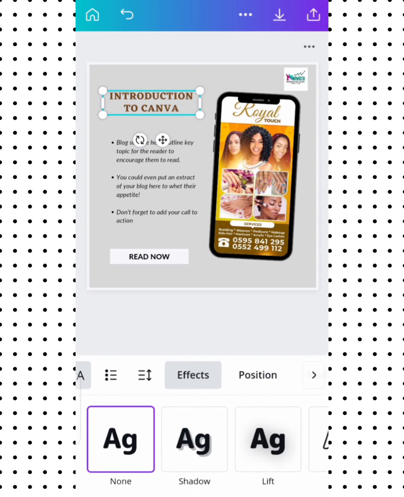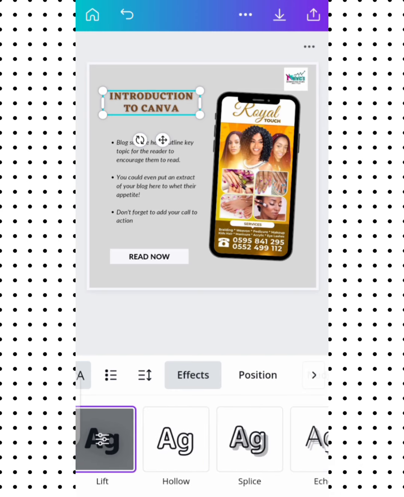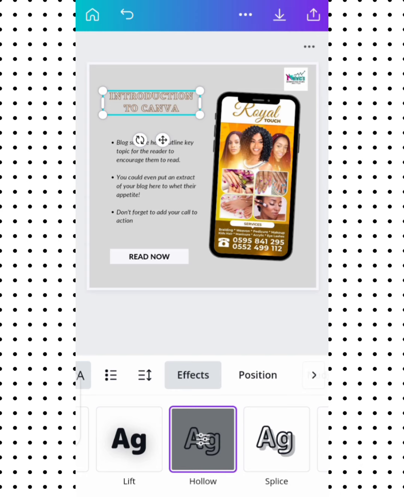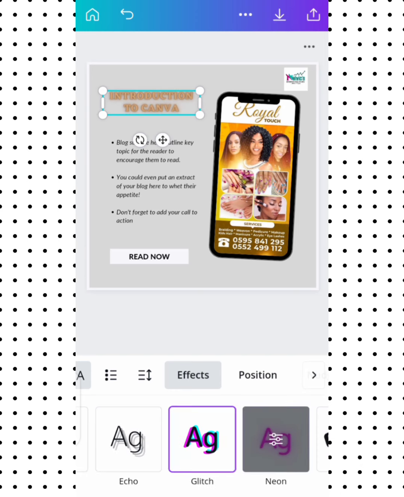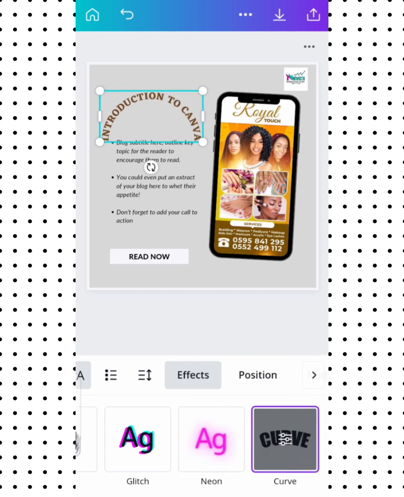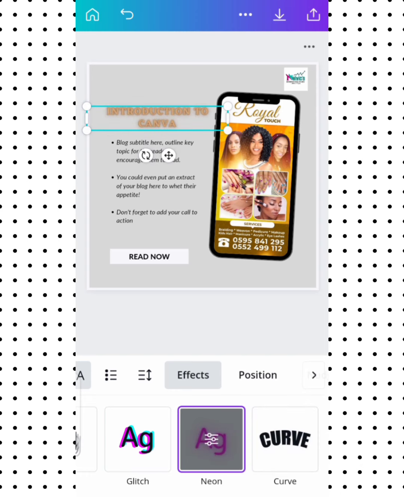Now, there's another wonderful effect you can use on your text. You just come to effect, and then maybe your text is not showing well, so you can add shadows. You see, all this is possible in Canva. Alright, and you can decide to curve your design. You see? Okay, so